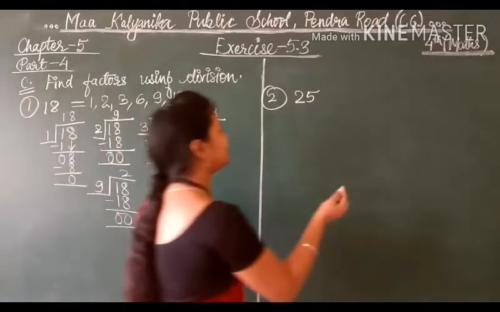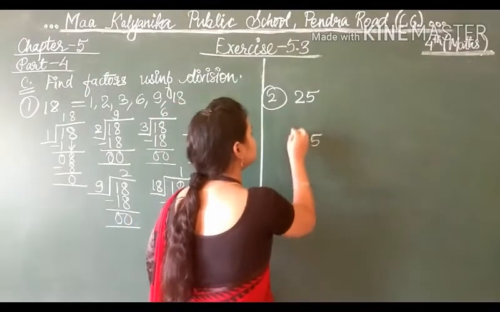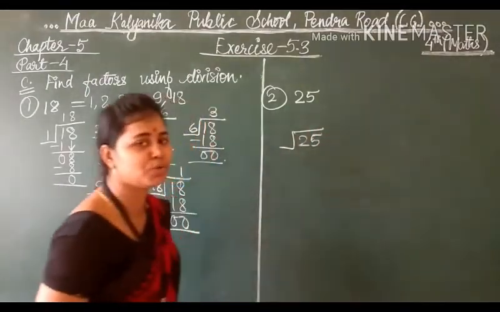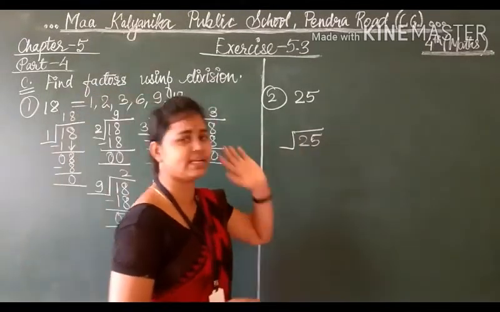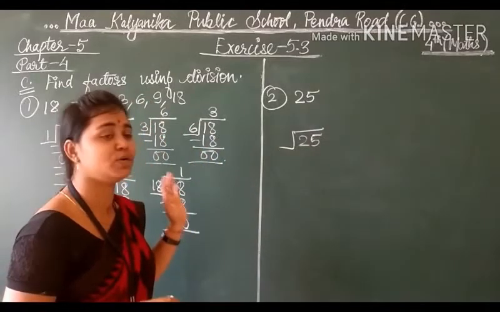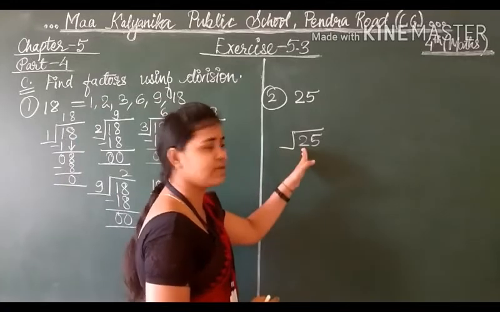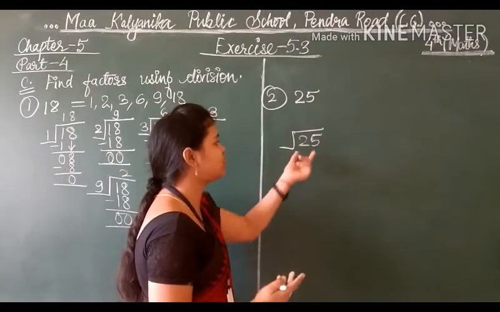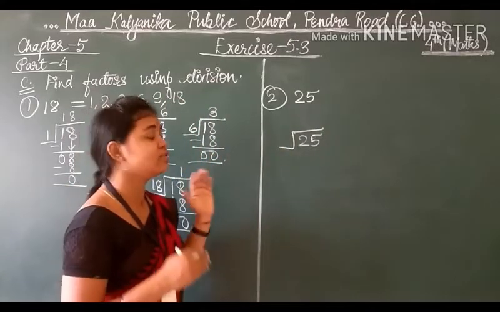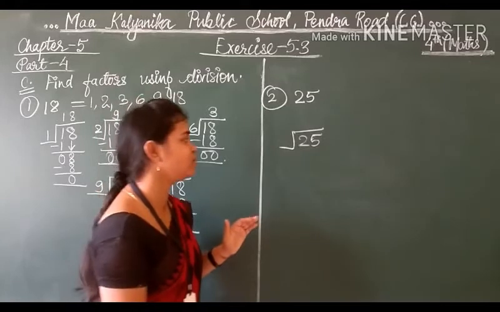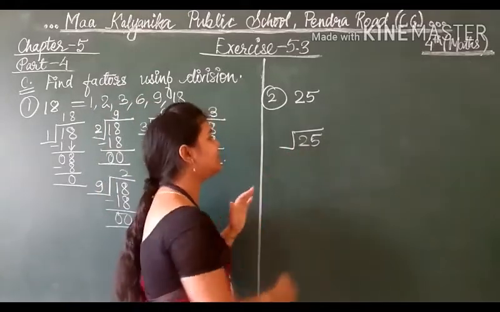Now 25 is given. Same process we will apply here. So 25 is there. Can it be divided by 2? Tell me. No, because 5 is given here. It cannot be divided by 2. Now 3: 3 ones are 3. No, 3 is not given here. It is 2, so it cannot be divided. Now 25 is there. Can it be divided by 3? 3 sevens are 21, 3 eights are 24, 3 nines are 27. No. By 3 it cannot be divided.